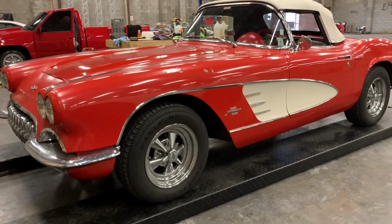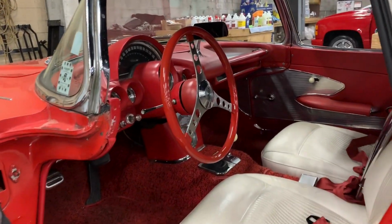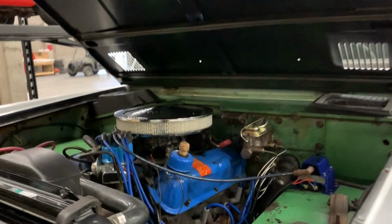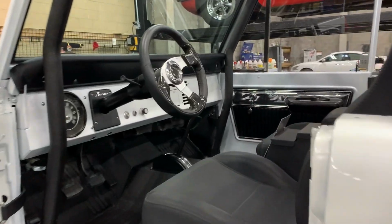We've got two really cool cars here that we're going to do a little bit of restoration on. The first one is a 1961 Corvette. Now, this little beauty needs a little love, and we're going to put our special little touch on it. The other one here the owner brought to us is a 1970 model Bronco. Now, this thing is really cool already, and we're going to help it out, give it a little love on the inside, make sure she's running right,